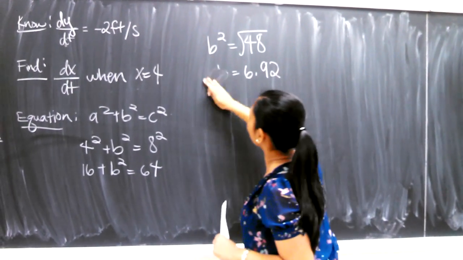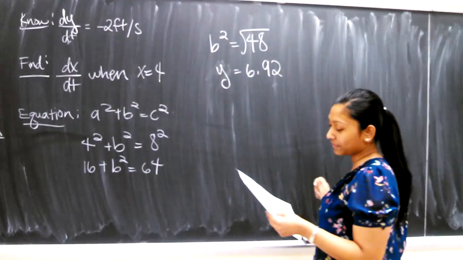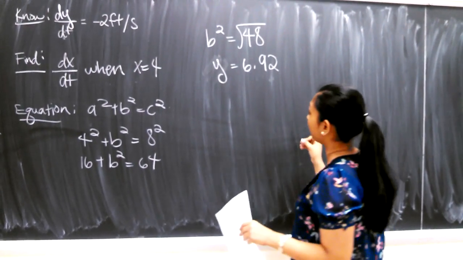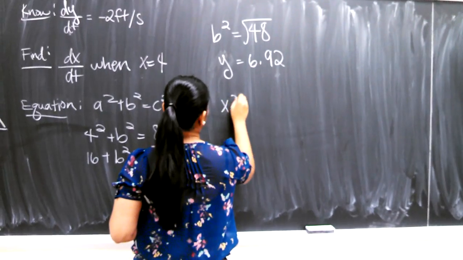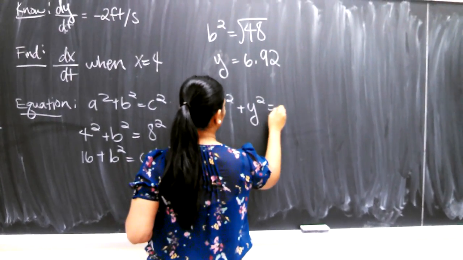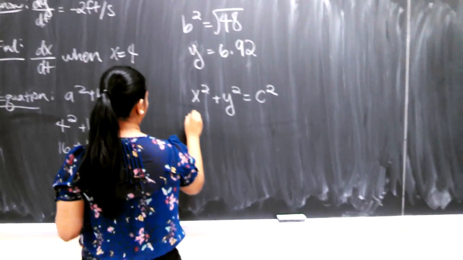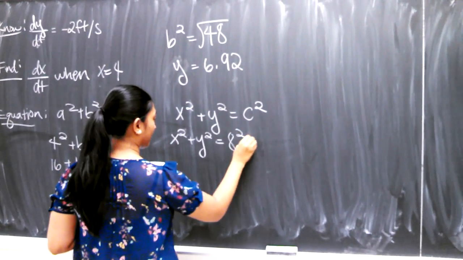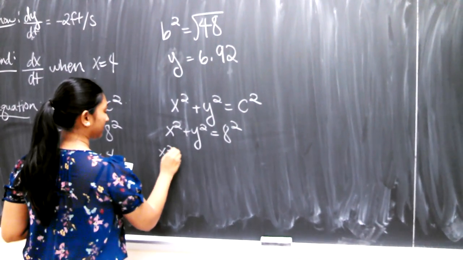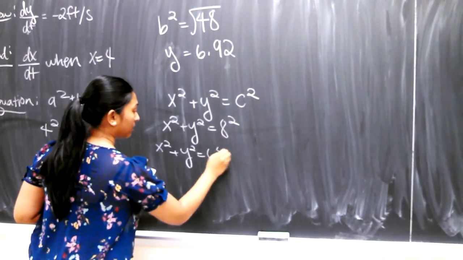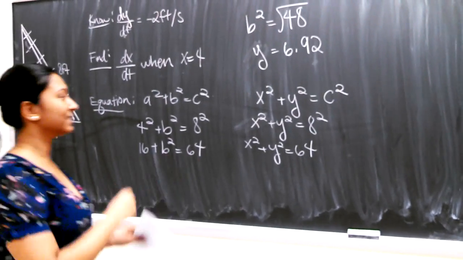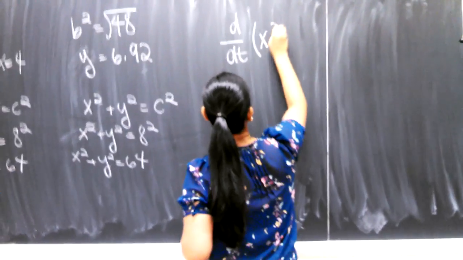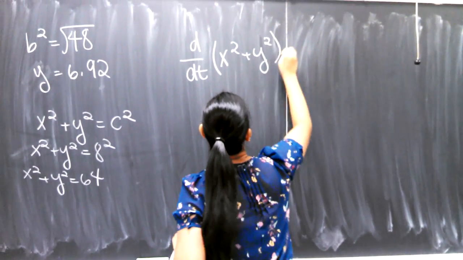So now we know this is y. Okay? So now we can actually start solving. We're going to use the Pythagorean theorem once again, but this time we're going to find the derivative of it. So it's x squared plus y squared equals c squared. We're going to write it out. So now we're going to find the derivative of both sides. d/dt of x squared plus y squared equals